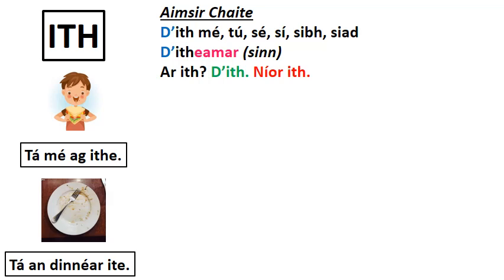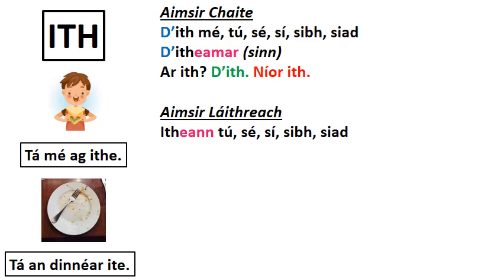Okay, you will notice here that usually when we have our ní, there's a H, but we don't do that with vowels. That's why there's no H there. So far, my Aimsir Chaite completely obeys the rules that all the other verbs do. Let's have a look, will the same thing happen with the Aimsir Laithreach? I'd be expecting an ending. Yeah, it is the same.